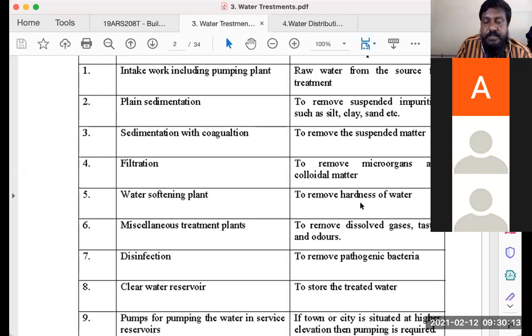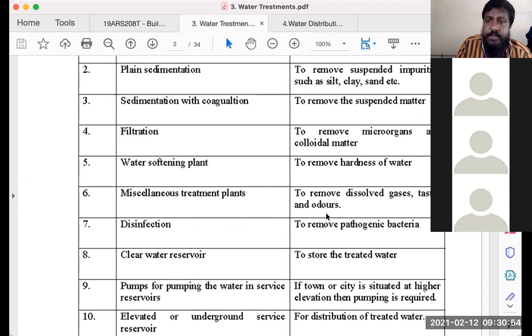When scaling starts to come into pipes, it reduces the diameter of the pipes and the water flow will be affected. And it affects the things which come in contact. Even for humans, if we are exposed to hard water, our skin gets dehydrated and it loses texture. Similarly, if it's used on cloth, the texture of it gets spoiled. Even if you're using it on metal, you can see white patches forming on them. So normally water is softened. Water softening is again chemicals being used to remove the metal compounds or salt compounds in it.